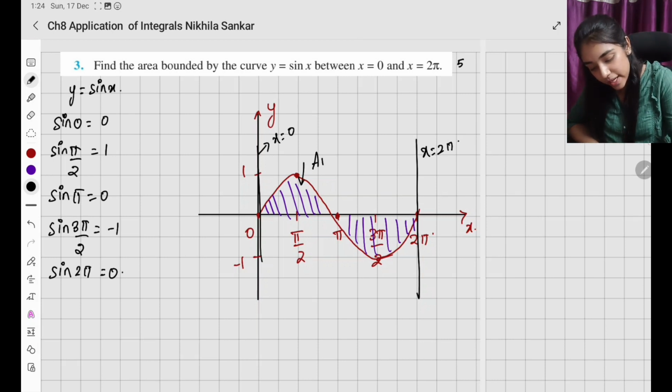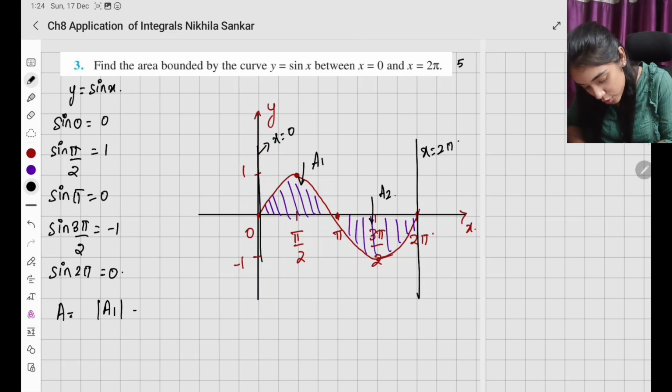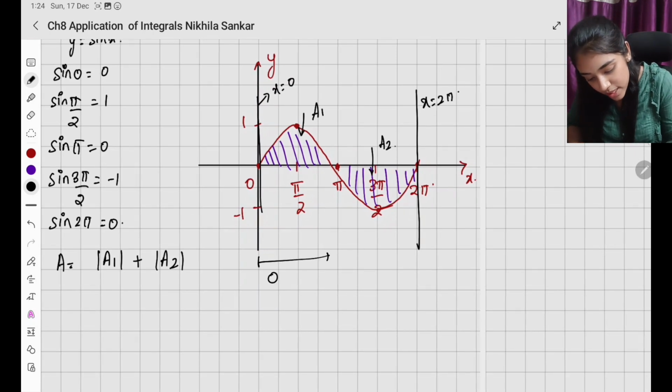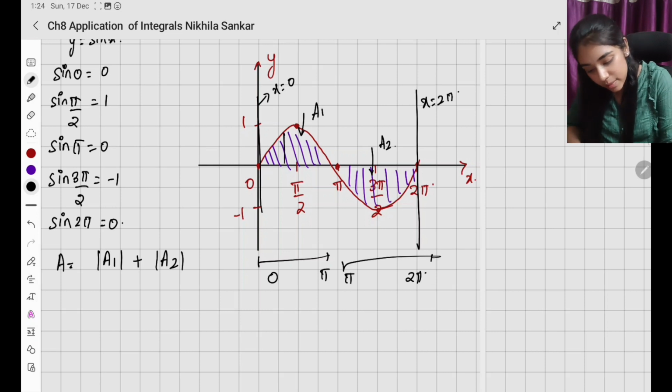So in the shaded region we are going to find the area. This is going to be area 1 and this is going to be area 2. So I have the area to be the absolute value of A1 plus the absolute value of A2. The first function travels from 0 to pi and the second function travels from pi to 2 pi. Simple. In the same way, at this place I am going to take a thin strip. This is dx and this is going to be